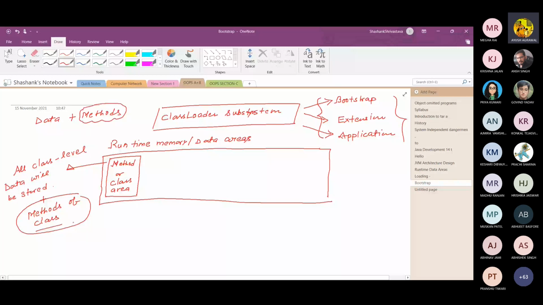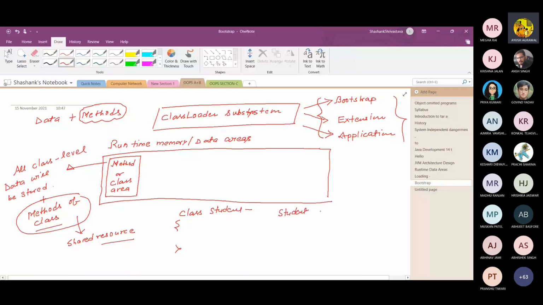Shared resource means, when you create objects of a class, suppose I write a class Student, and I create an object of the Student class, like Student ansh equal to new Student.